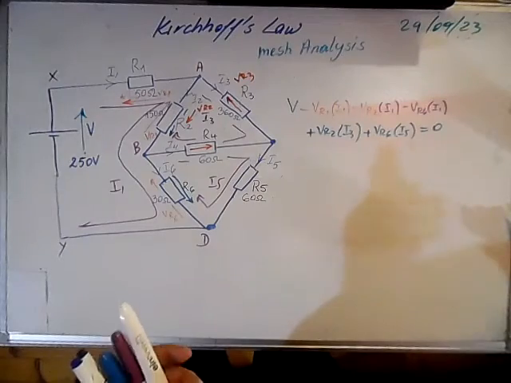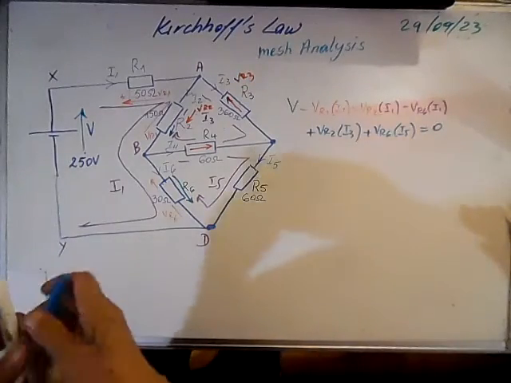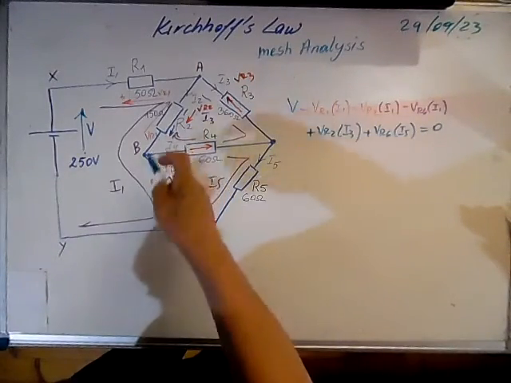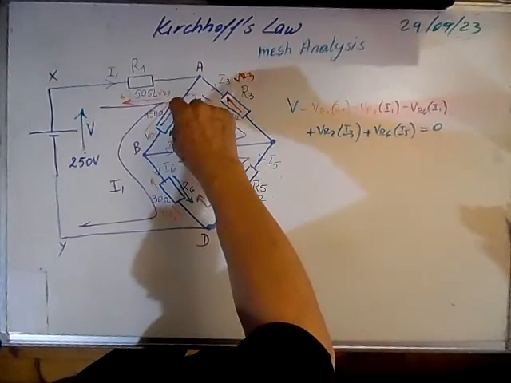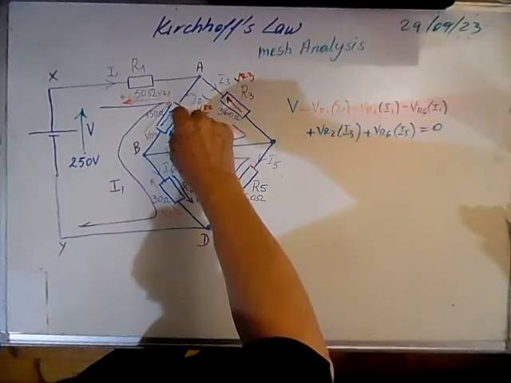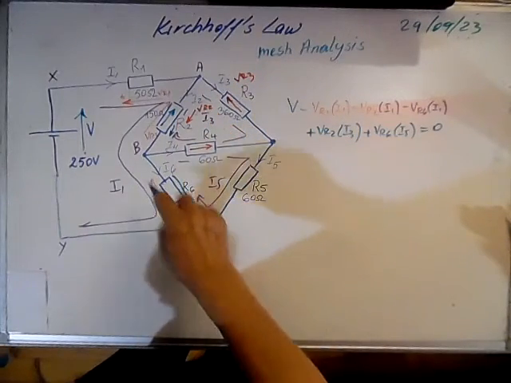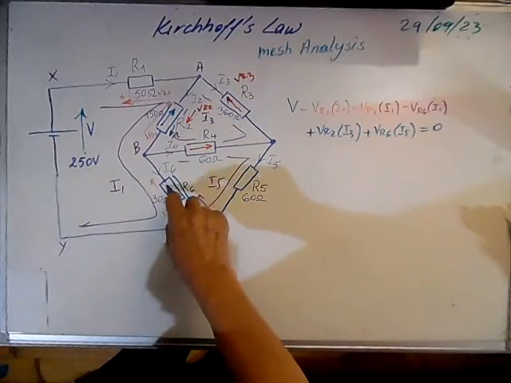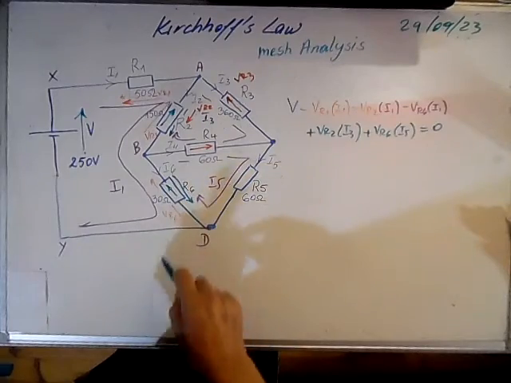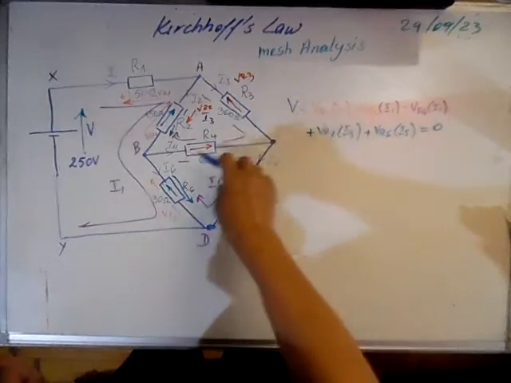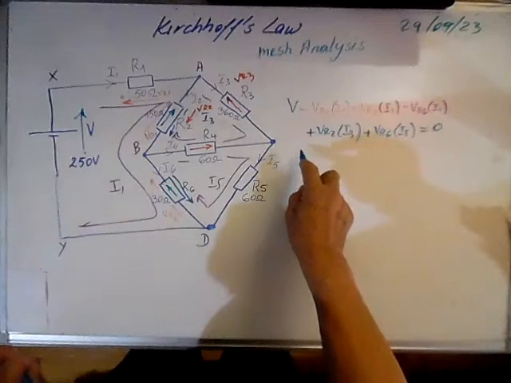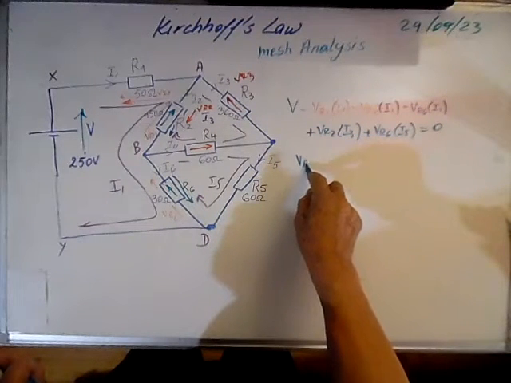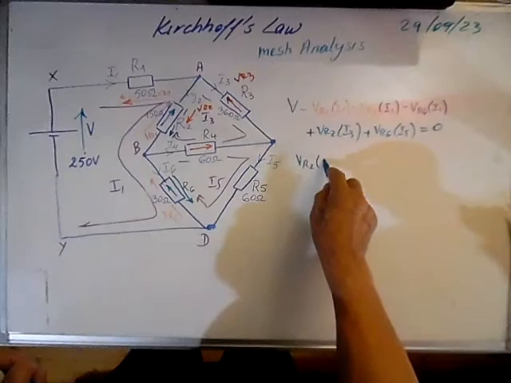And now the drop due to I1, because I1 is flowing this way, so the drop is this way. And here, because the current is flowing, the drop is this way. So let's write. Here we will have, in green, VR2 due to I1,